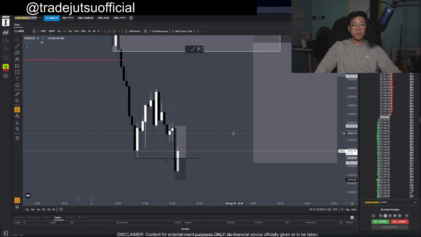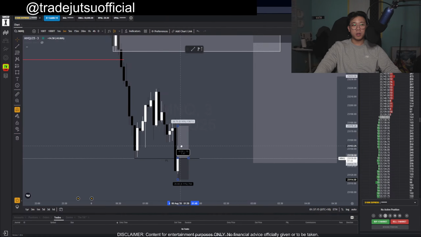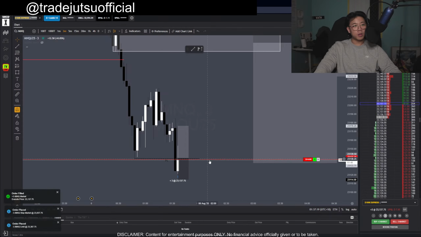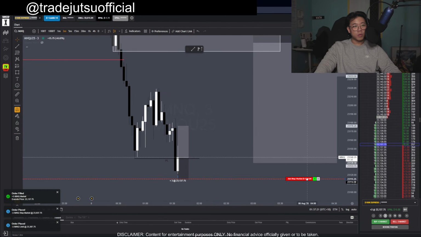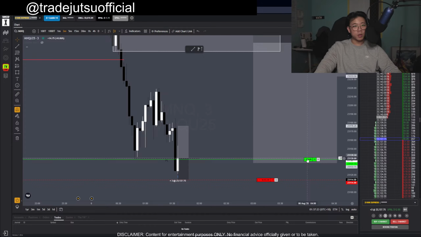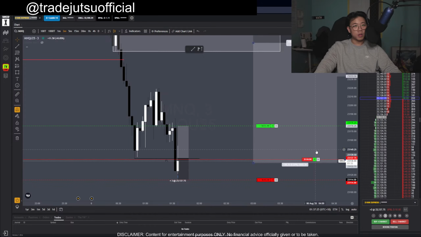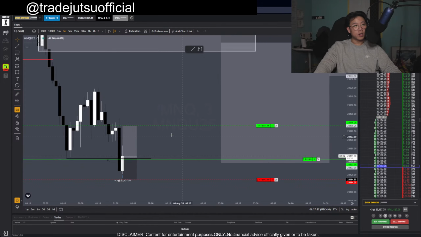Okay, it is kind of rejecting. Is that good enough for me to take a long? I think it might be. I'm going to take a long here, chat. Very tight stop loss, something like that. Risk about 150 to make 200. Like I said,